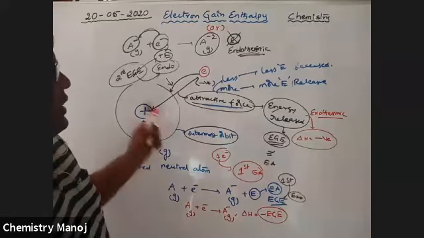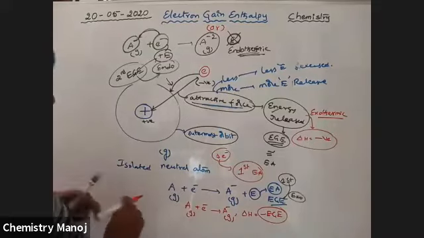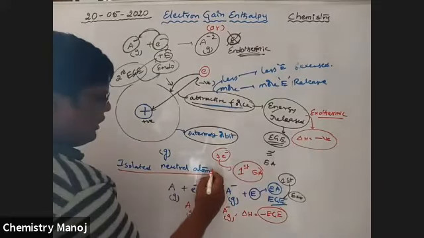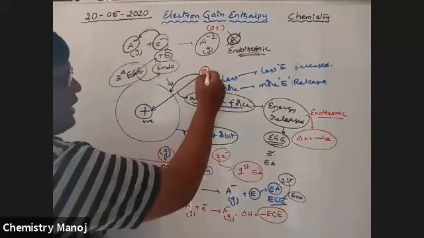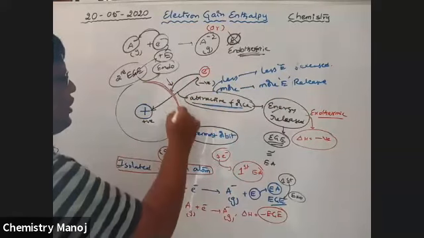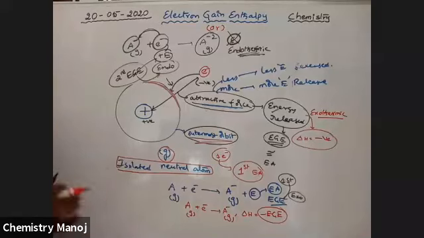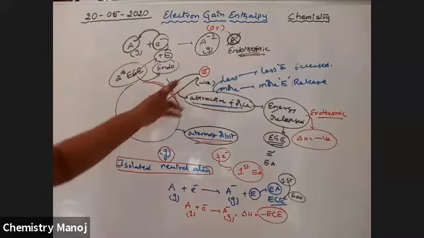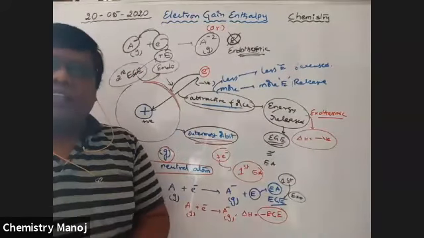Okay, so these are the cases in which an electron is added. Find it: it is an isolated neutral gaseous atom. To this, an electron is added from outside into the outermost orbit of the gaseous neutral atom. That energy release process is called electron gain enthalpy. Because of the gaining of an electron, some energy is released, and that released energy is called electron gain enthalpy.